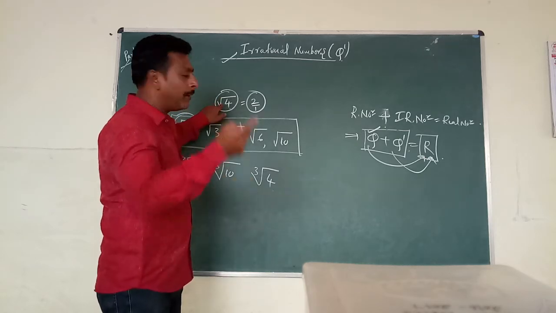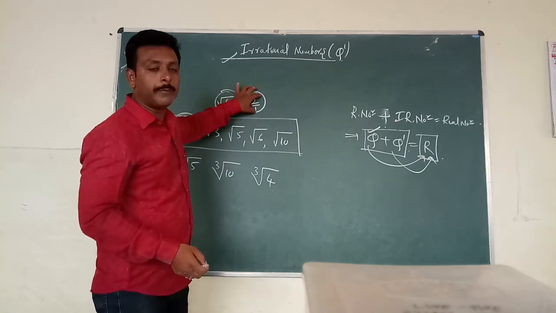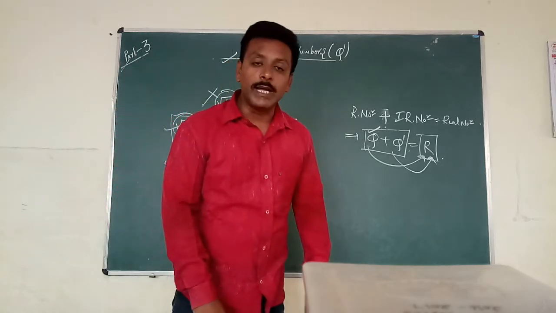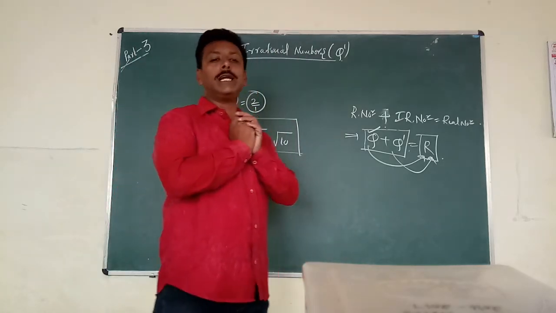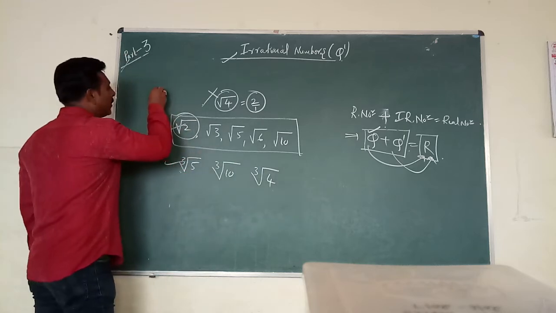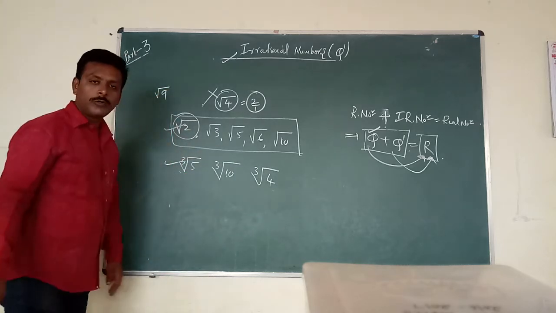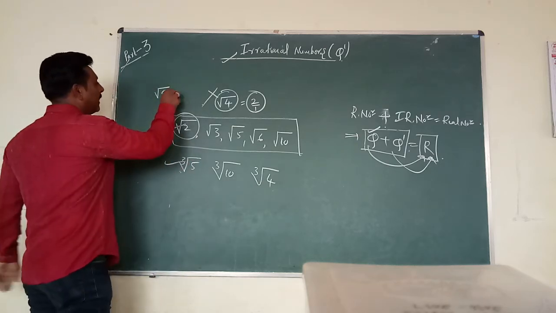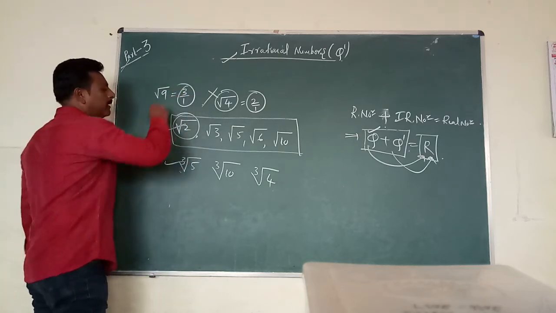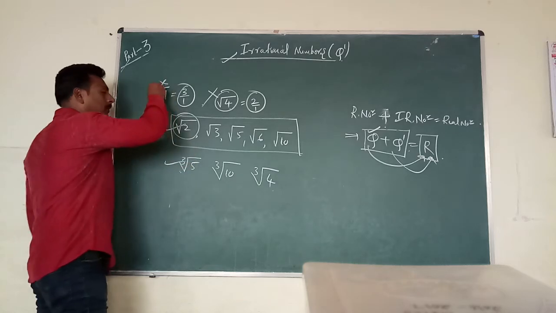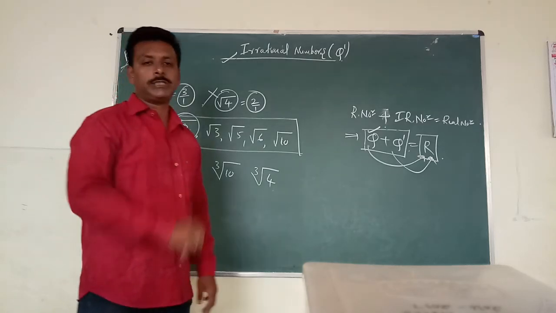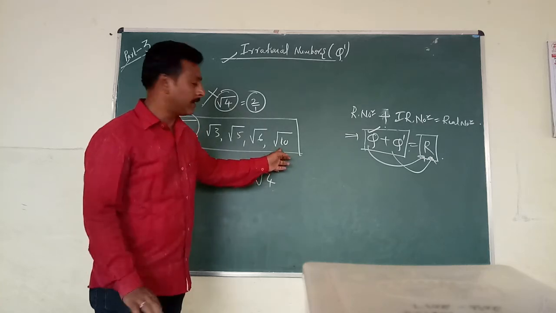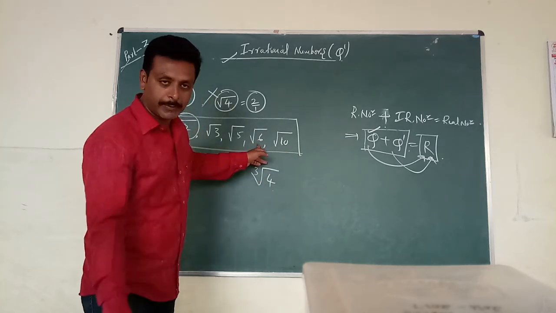So this one I expressed in the form of p by q. If I am able to express this one in the form of p by q, means it is not an irrational number. ये कौन सा नंबर है? Irrational number है. Even you cannot write root 9. Root 9 नहीं लिख सकते. Already you know square root of 9 is what? 3. 3 means what? 3 by 1. You expressed in the form of p by q. So this is also not an irrational number. But I wrote here root 10 because 10 is not a perfect square. I wrote 6 because 6 is not a perfect square.